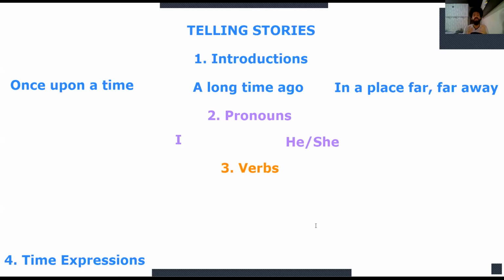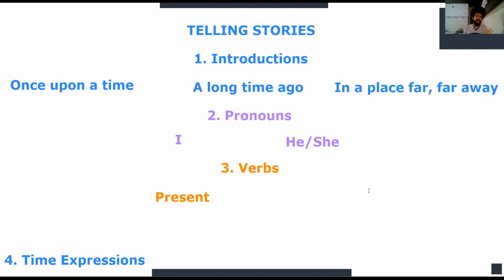The third thing are the verbs. I'm not gonna define the verbs that you need to use. I'm gonna tell you the two verbal times you can use in a story. They are the most normal, and I've never seen stories going in a different verbal way than these two. They are the present. You can tell a story using the present. It's not the most common, but it's common for you to tell stories in the present. Personally, I think it's strange to use the present, but anyway, you can do that.